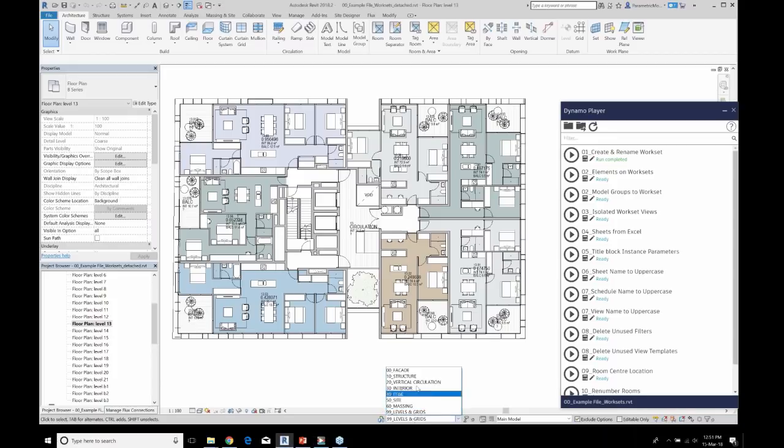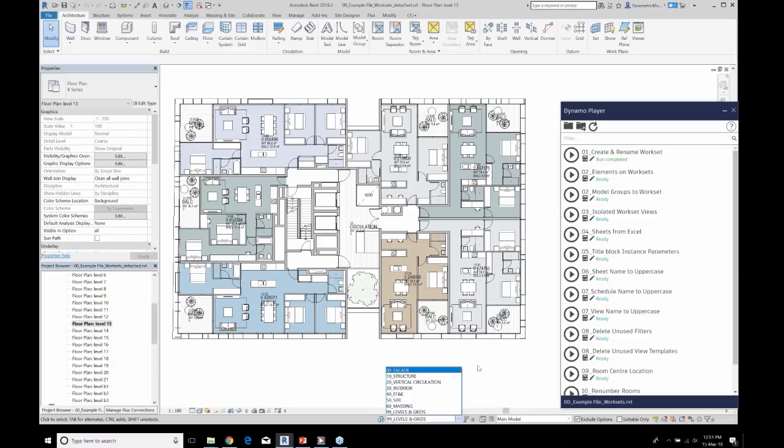And down the bottom, I hope you can see, we now have all of our worksets created. I found this really useful when you had a model with multiple buildings in it, which later got separated out into multiple models, and you needed consistent workset naming across them.